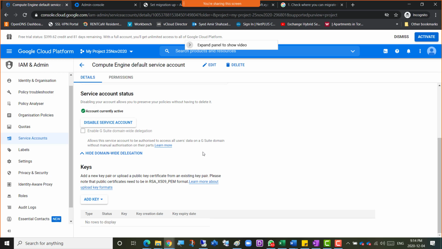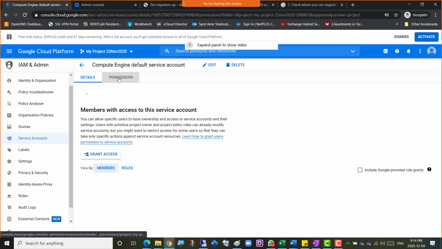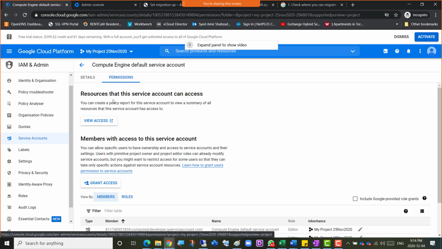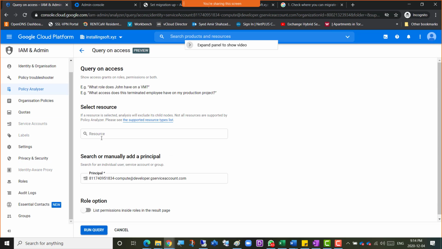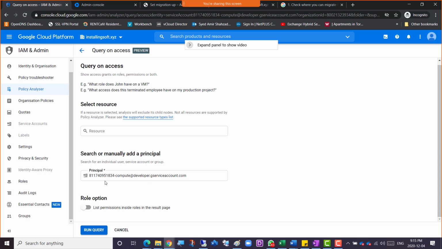But the main thing is the programmers do need the service accounts to run services that require access to some other services with higher privileges as well. So if we go to permissions here, view access resource that this service account can access. Remember that we created a compute engine, so I'm just going to check what access it has. I click view access, it takes us to that query again. Remember that we were here in policy analyzer. And there it has created a principal as well. I'll just click run query,